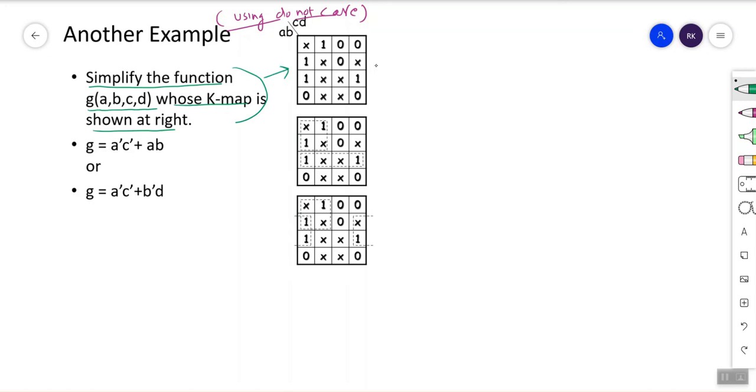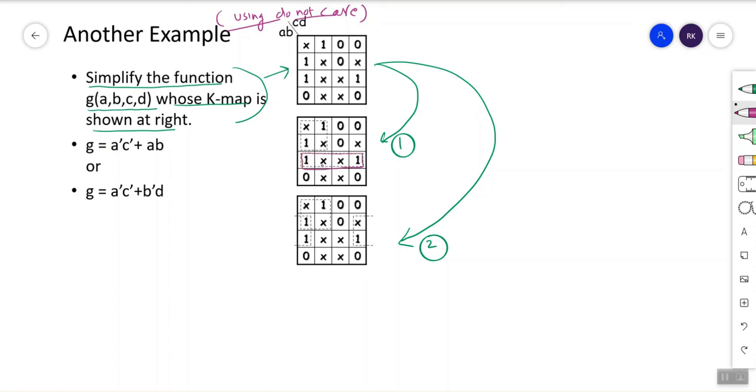So this thing can again be expressed in two ways. Number one way, and number two way. Okay. Now first, what he is making, he tries to make using the group. So first he is trying to make this group because he is using the 1. To make a big group, they can consider the don't care. Okay. And there is another 1.